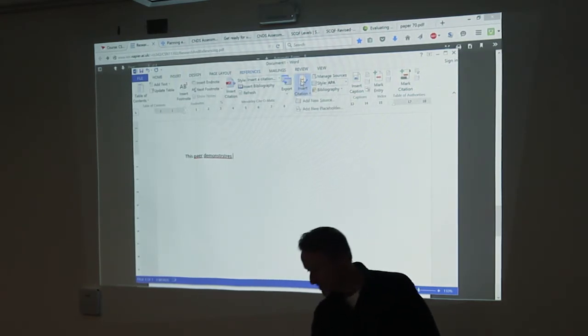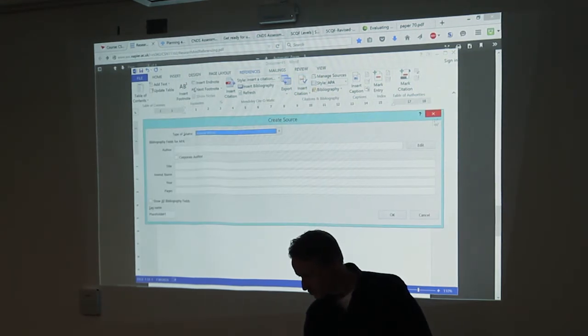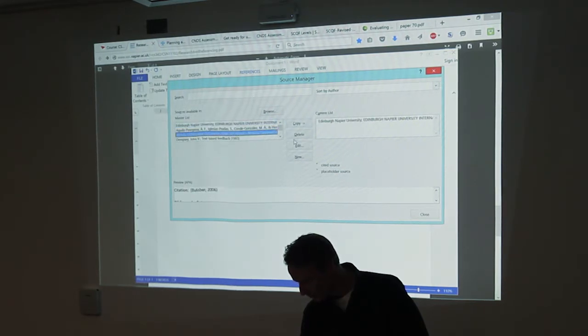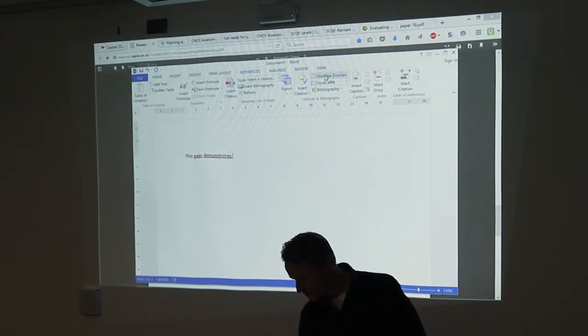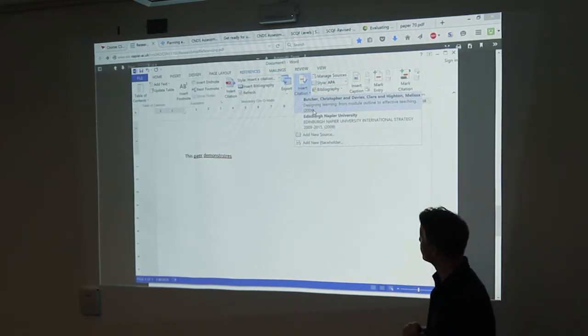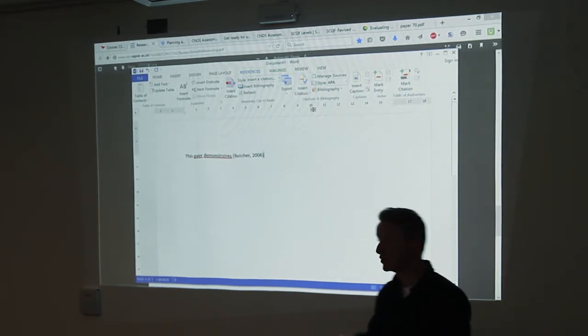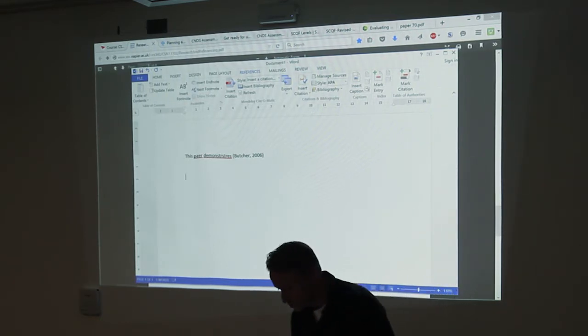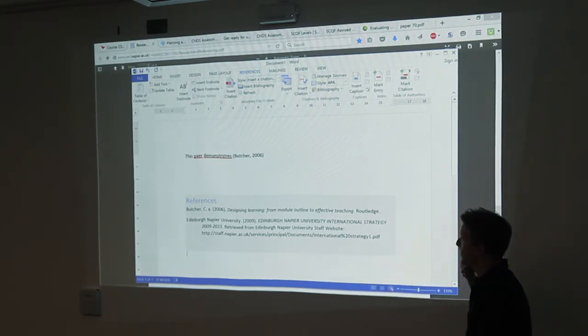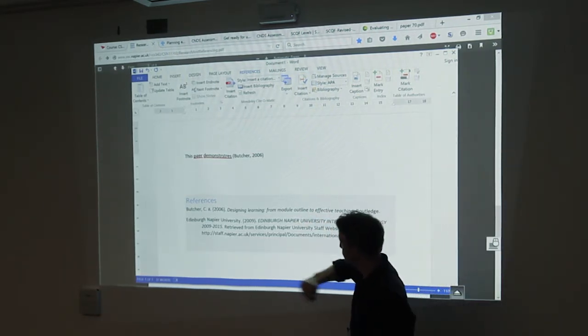And you can insert a citation. You can add a new source and create something in the database. There wasn't anything in the database, so if I copy something to the current database and then go back and say insert a citation with the Word plugin, it gives me the option of these references that I've got in my database. So I can put that in and it'll cite it for you. Okay? Then once we've finished our document, we just say insert our bibliography. We want our references, and it'll insert them and format them in the correct format.